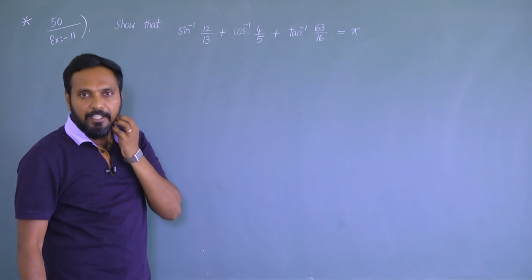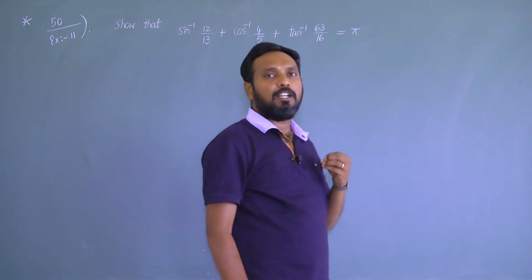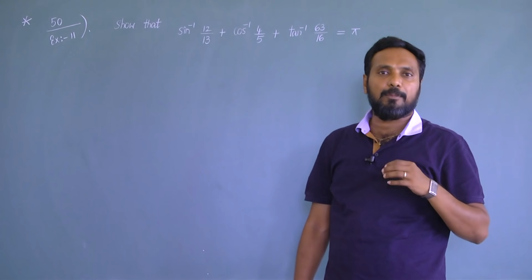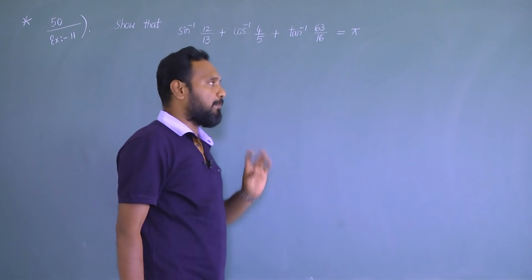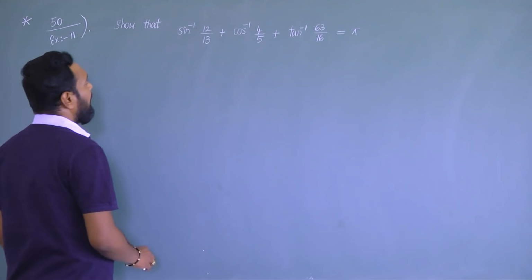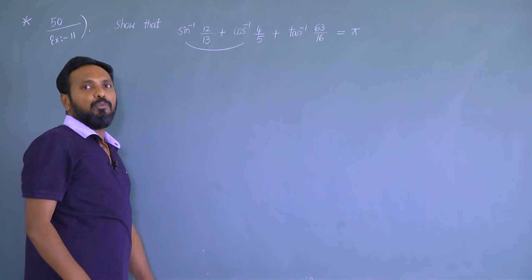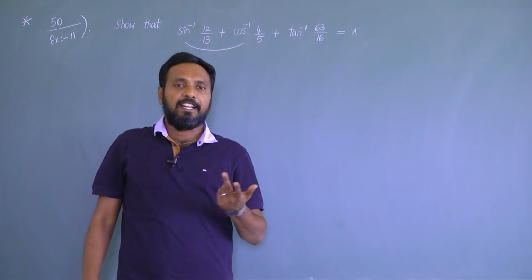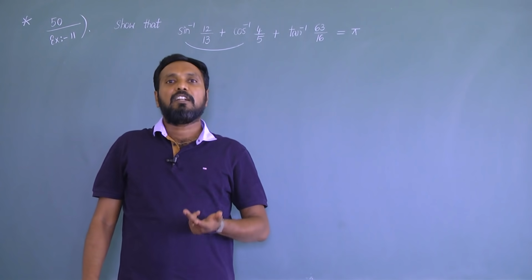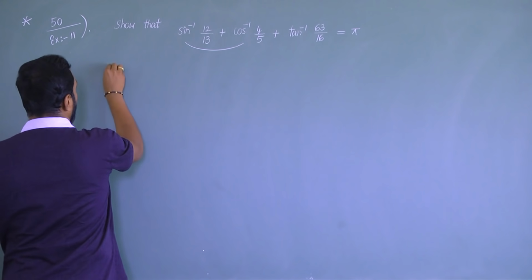What is the logic I told in all previous problems? We need to convert any functions in terms of only tan inverse. That logic only will apply. And we will consider only the first 2 terms. Why? Because we have the formula for only 2 terms: tan inverse x plus tan inverse y, tan inverse x minus tan inverse y. So that